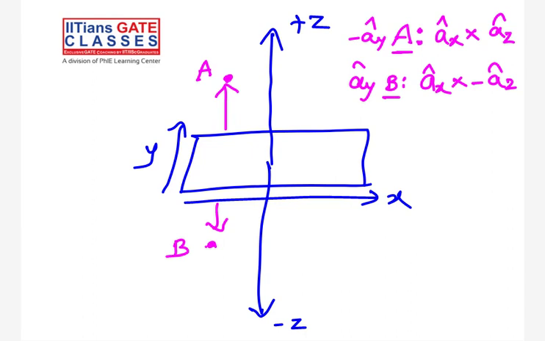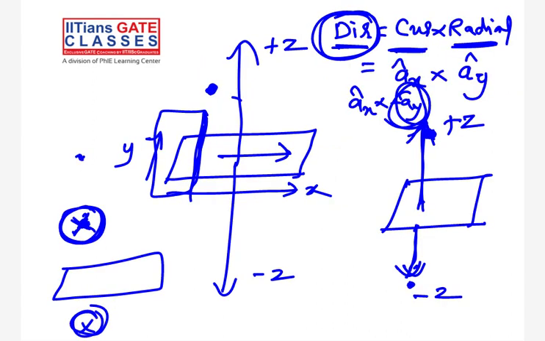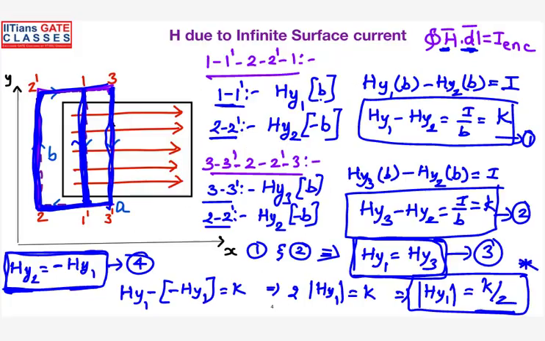And that intensity will be the same. The intensity will be the same. Just with the help of mathematics I showed you, right? Because when you compare the two equations, you are going to get the intensity remains the same. So if we compare equation 1 and equation 2, based on these two, HY1 remains the same as HY3. So the intensity is the same. So when you put it finally, you are going to get the magnitude as half of the surface current.